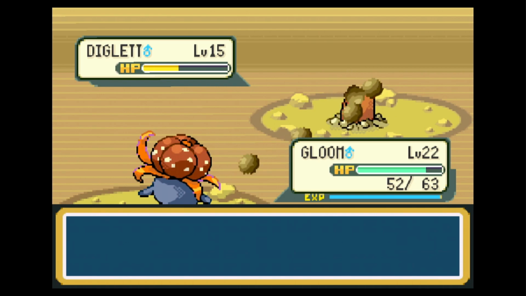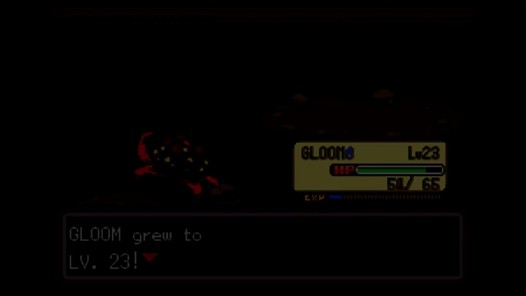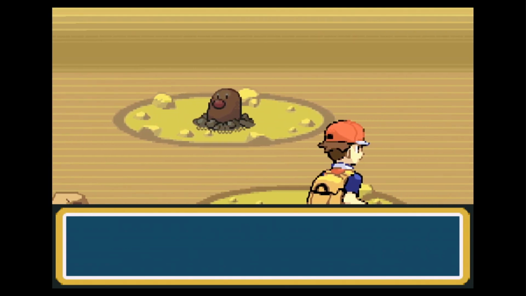So, oh my lord, I cannot for the life of me catch a Diglett. I'm really trying though. Okay, well, Gloom gets level 23 from that. I swear, if we reach the other end without it, I'm just gonna be so upset. Like I said, there's a 5% chance you catch Diglett's evolution in here, which would be pretty interesting. I, of course, am not really going for that, but...